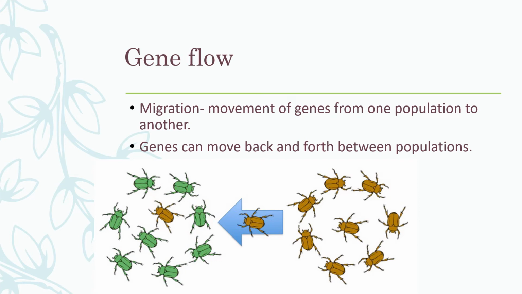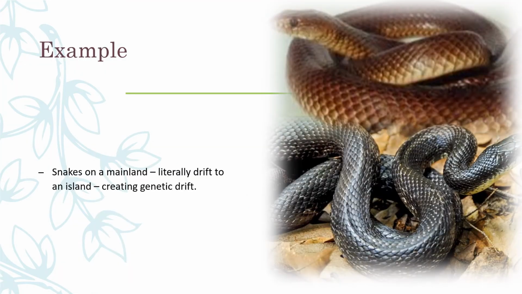This is going to change the allelic frequencies, so we might start seeing more brown beetles showing up in the green beetle colony, and if those beetles were to move back to the brown beetle colony, we might start seeing some green beetles showing up. An example of gene flow,